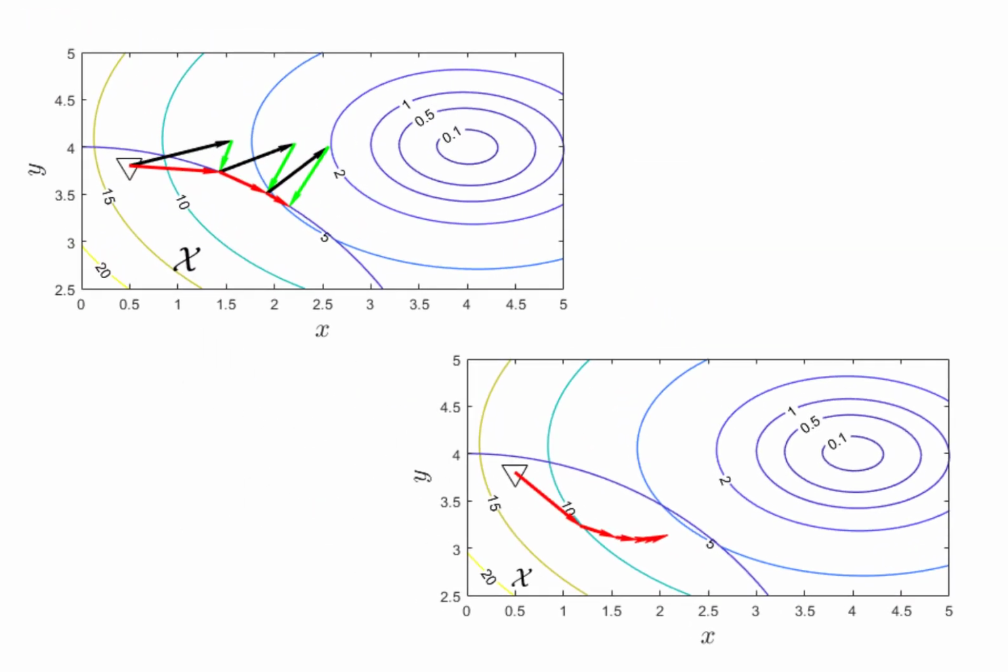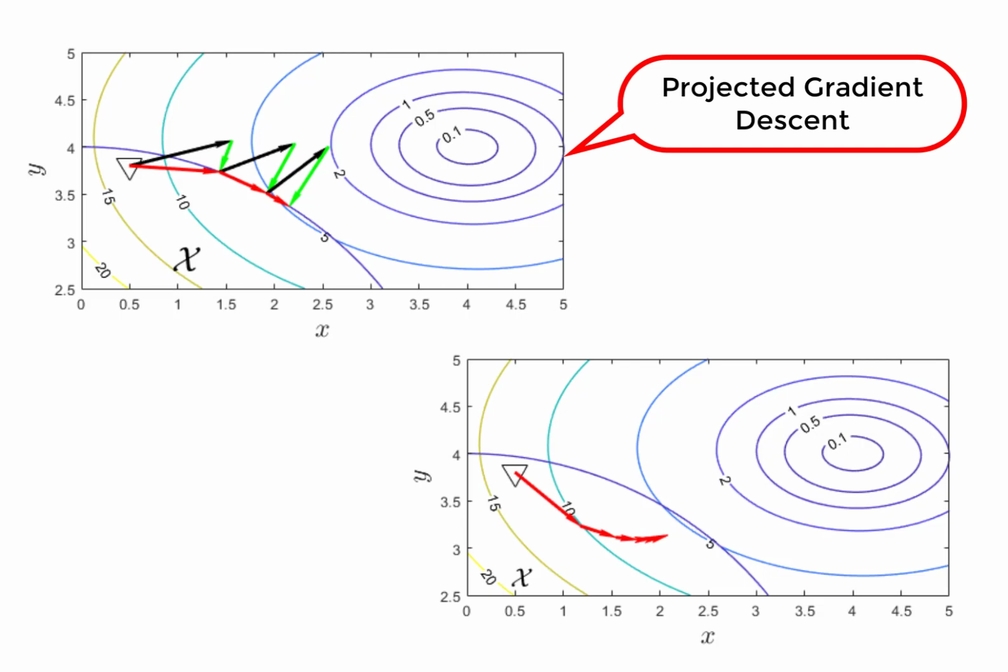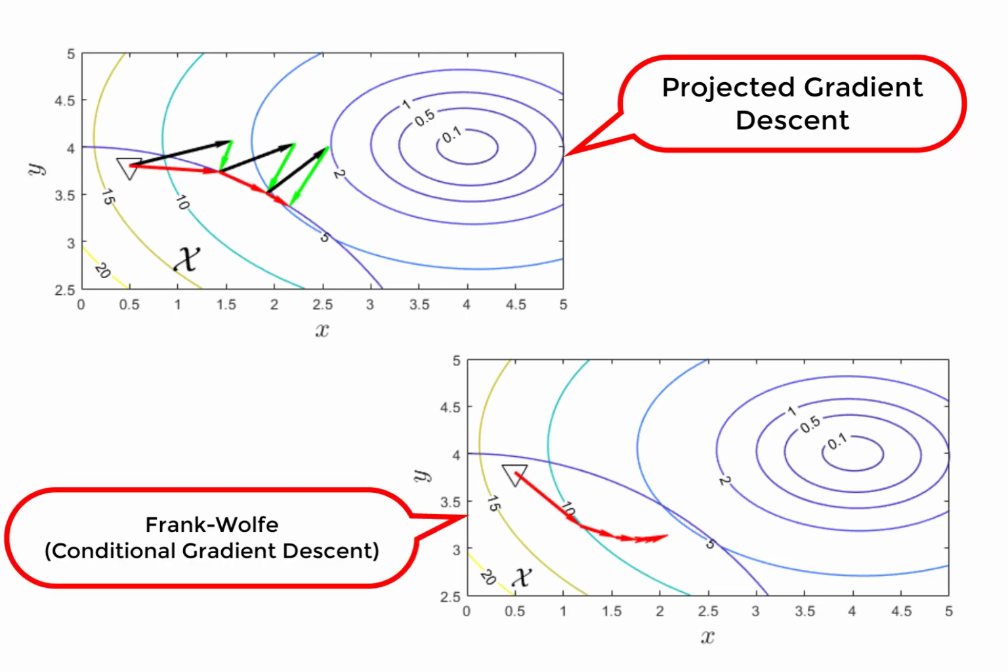So let us compare the two algorithms side by side. On the left is the contour plot of PGD, which we have already seen some time back. On the right is the Frank-Wolfe plot. So while PGD traverses to the optimum along the boundary of calligraphic X, the Frank-Wolfe method traverses along an interior path. So that is the key difference between the two algorithms, and that can be seen here very easily.